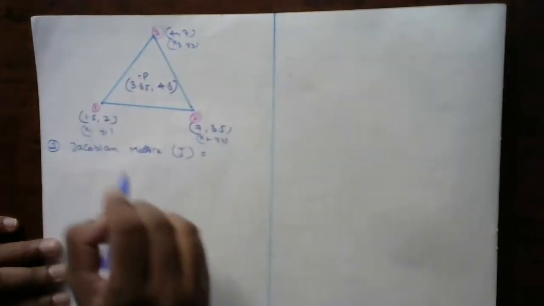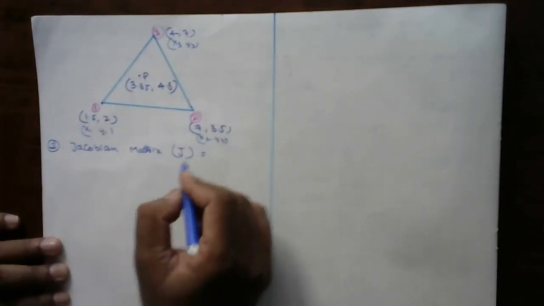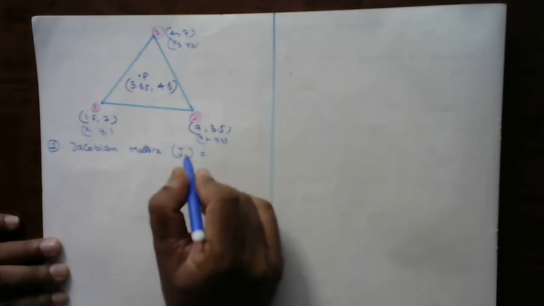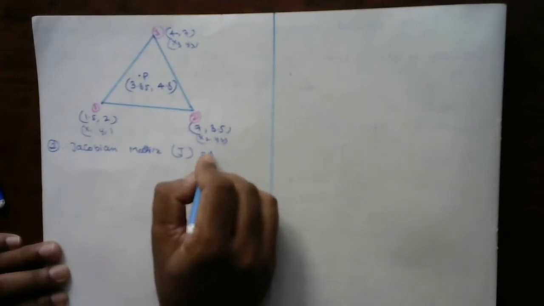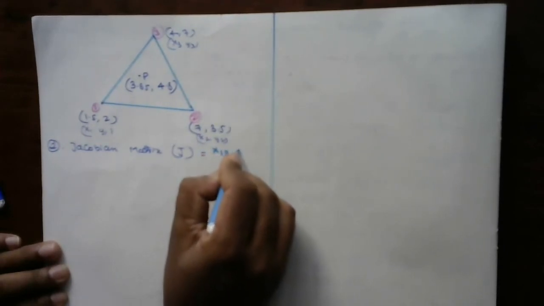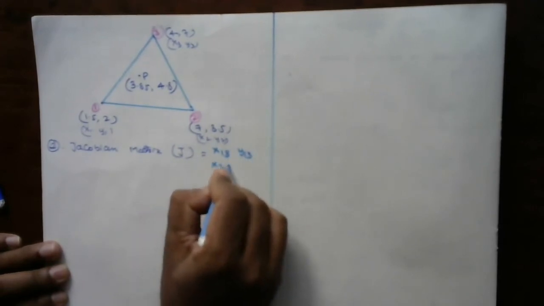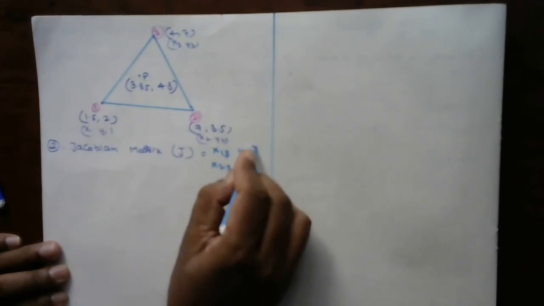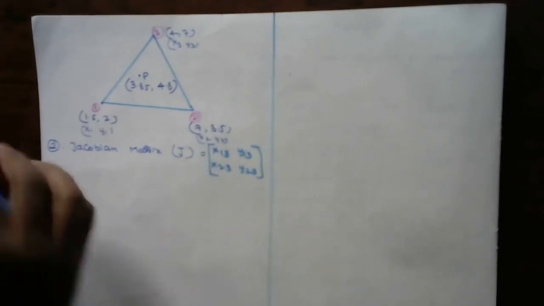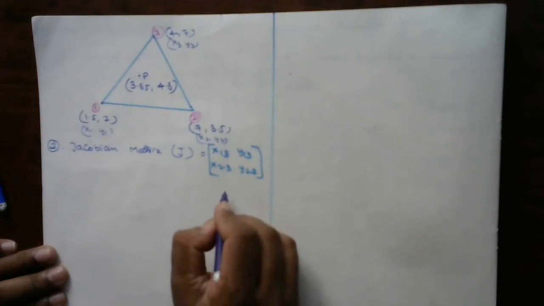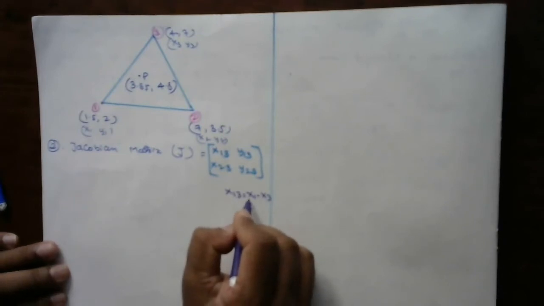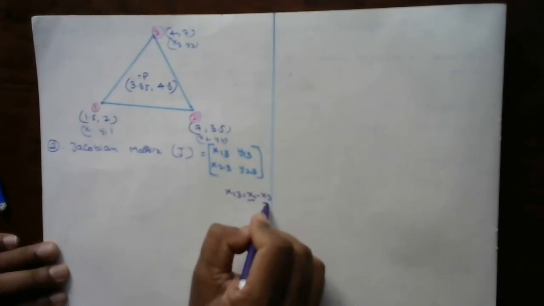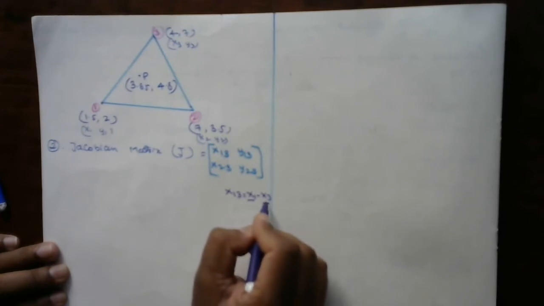So in a given problem, the x1, x2, x3 and y1, y2, y3 are given at nodal points 1, 2, 3. Therefore the Jacobian matrix can be defined as J is equal to a matrix of x13, y13 and x23, y23. So this would be the Jacobian matrix for a given CST triangle. Here I know that x13 indicates x1 minus x3, which means the coordinate value at nodal point 1 minus the coordinate value at nodal point 3, in the x direction.